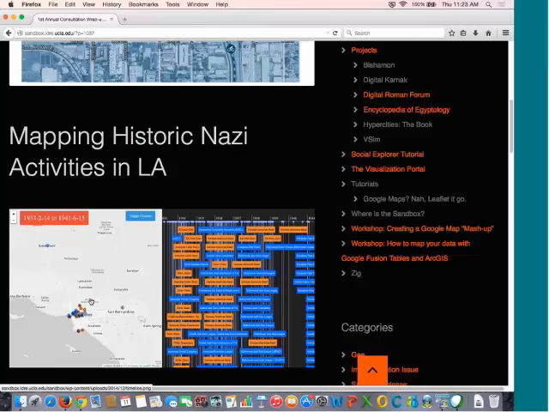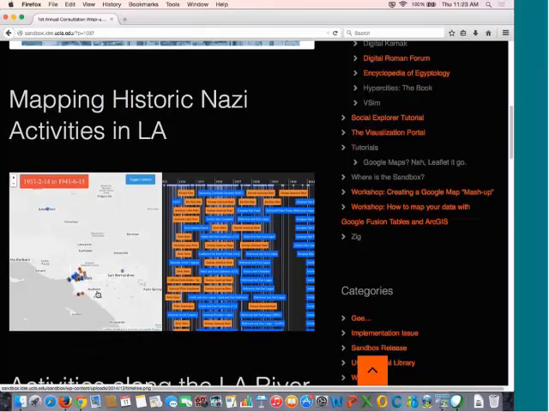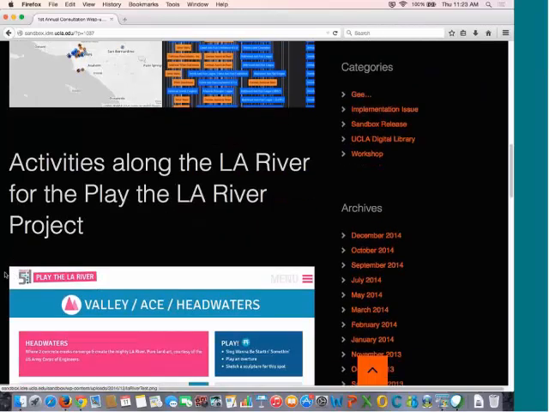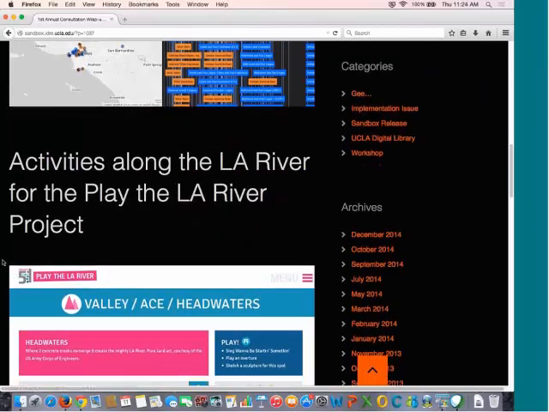So that was that. Another project with the humanities department was the LA River, or the Play LA River project. Essentially they have 56 cards in the deck, and they have like 4 wild cards or something. For each of those cards, they have an activity for sites along the LA River. And then they had a really good graphic designer create each of those cards,